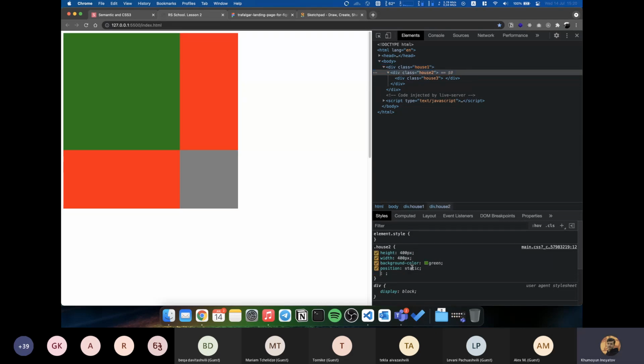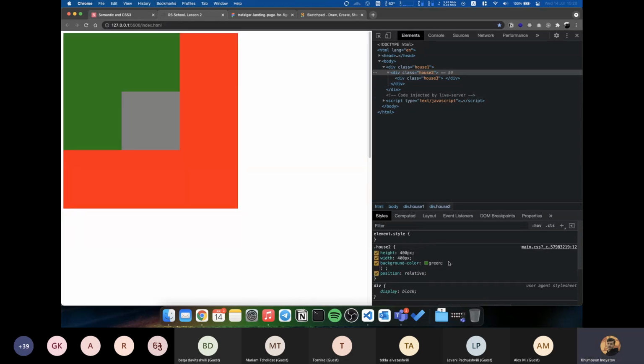If we remove this position relative, setting the position to, for example, static, it will go to the next position relative element, with bottom 0 and right 0. But when we change position relative on this second element, it still places on the right and the bottom side of this element. As I have mentioned, all of the position absolute elements are positioned according to the relative